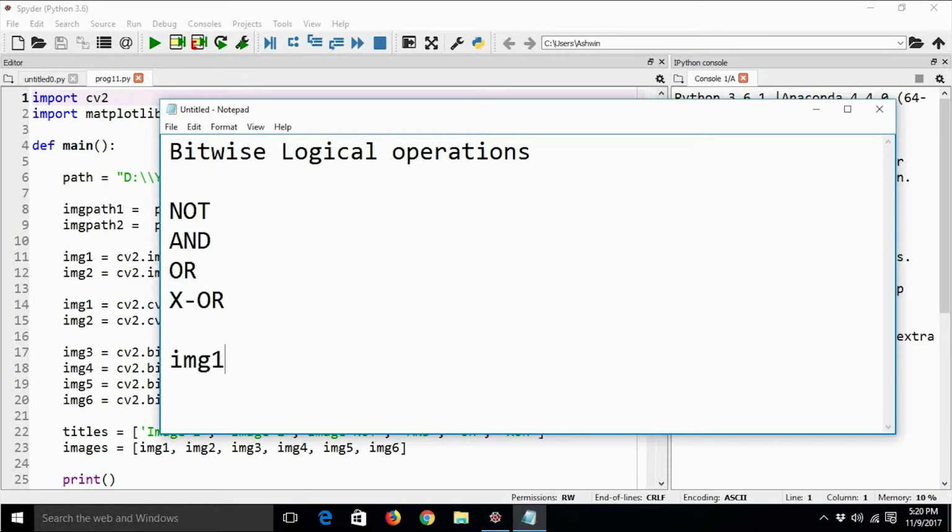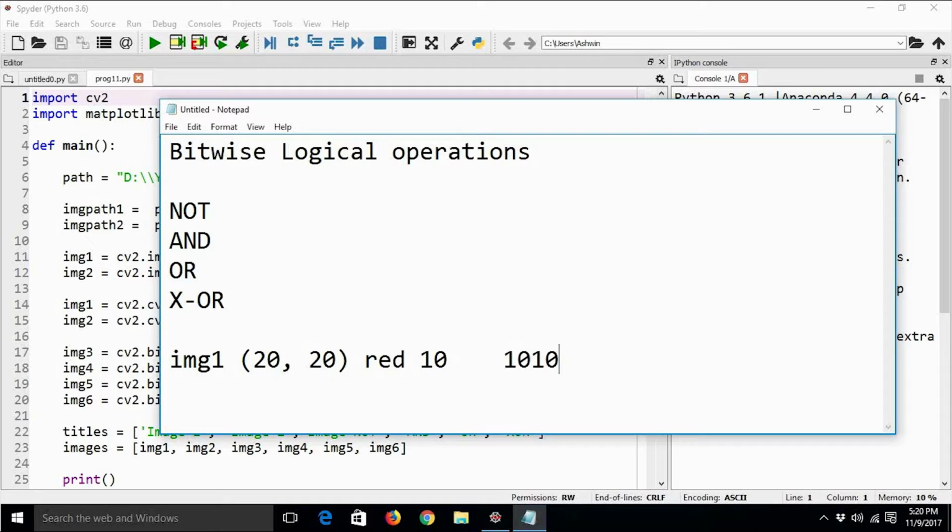Suppose img1 is an image, and at 20,20, it's a color image, the value of the red pixel is 10. That translates into 1010.